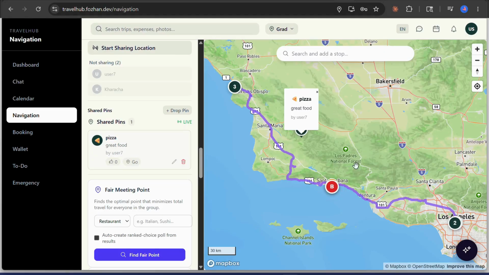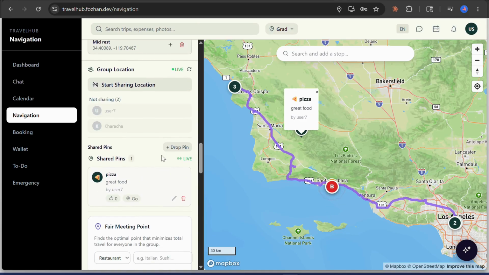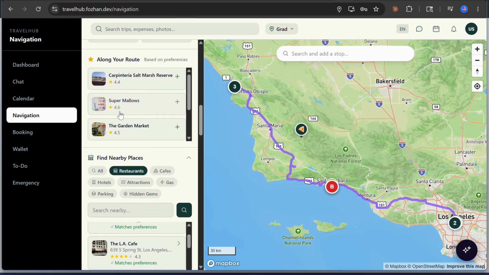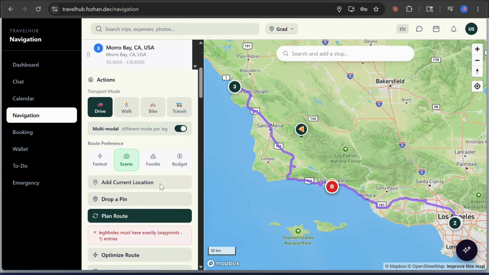Be going over the navigation use case. As you can see, we have our map, which is a part of our map API and how we figured out how to use different APIs to work together. Basically, for the navigation, we have something for the groups to share each other's location with each other, share pins, and also not only get suggestions for